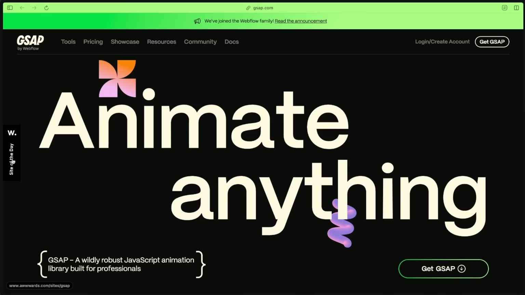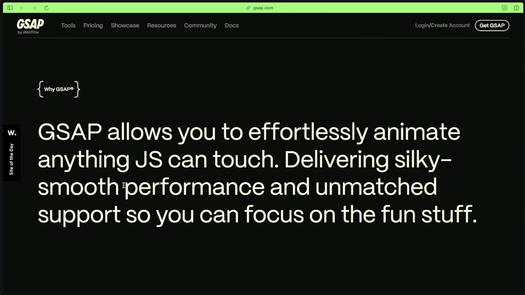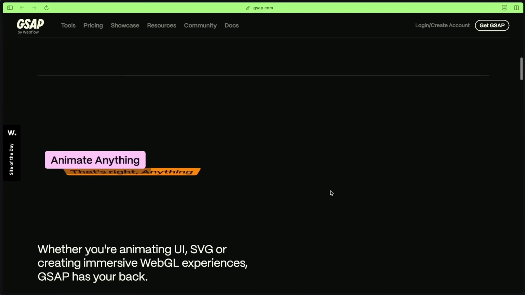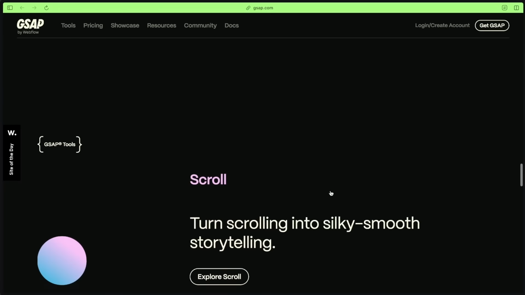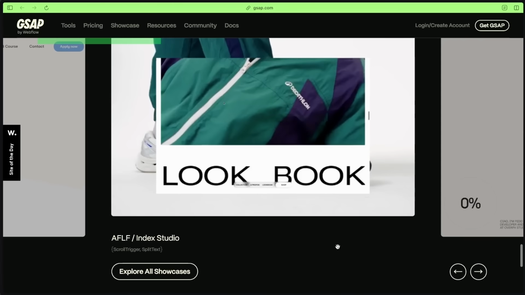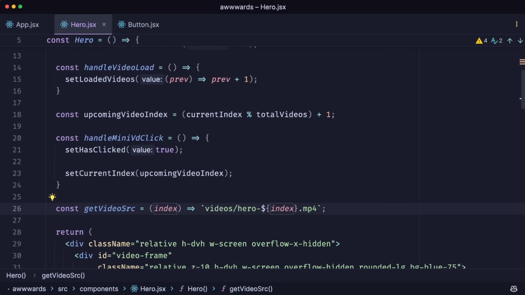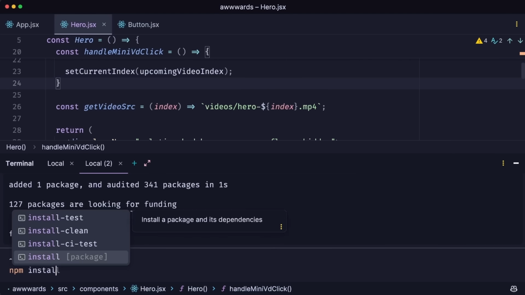And as you can see, they have been a site of the day as well. But in this video, you're rebuilding a site of the month, if I'm not mistaken. So GSAP allows you to effortlessly animate anything JavaScript can touch, delivering silky smooth performance and unmatched support. I like what they're saying. I'm already sold. So what do you say that we start adding GSAP to our application? I'll show you how simple it is to install it. We'll just head back to our code base and run npm install